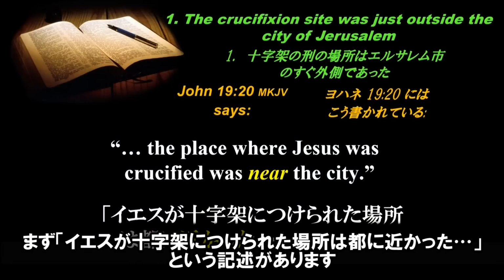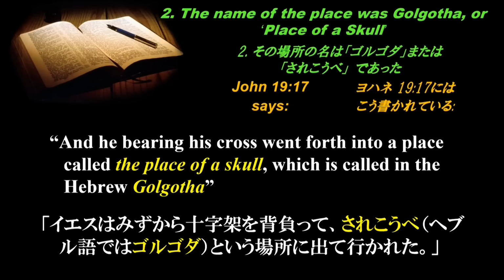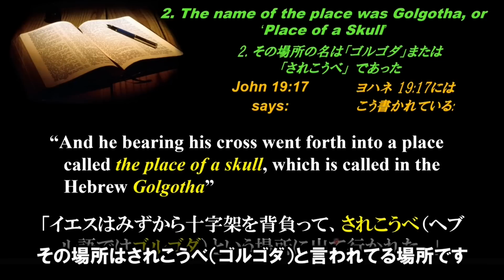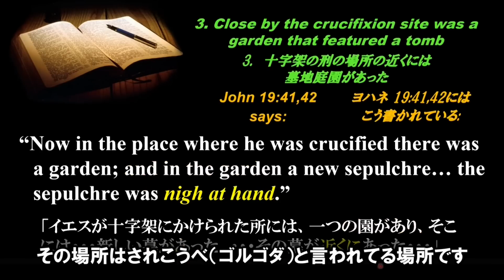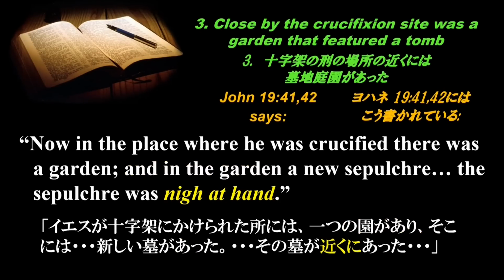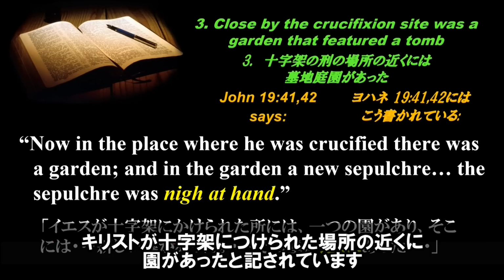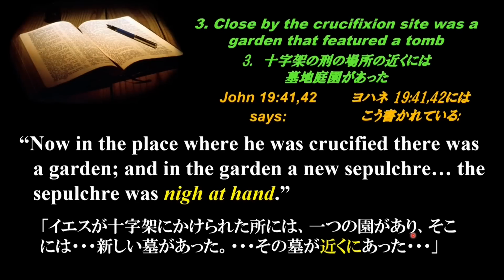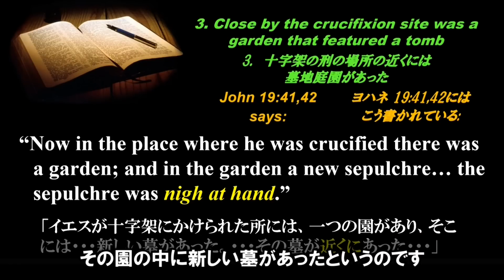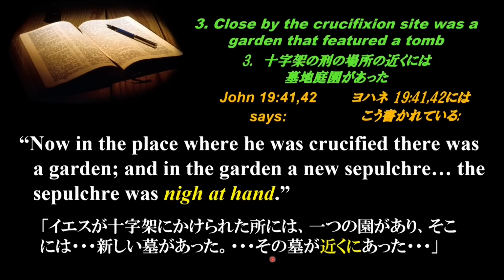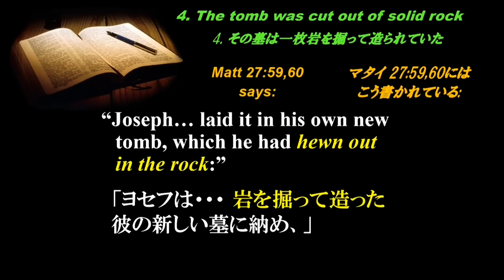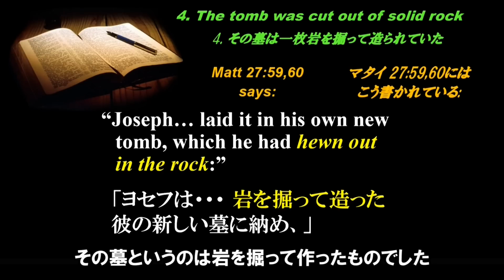It says the place where Jesus was crucified was near the city. まずイエスが十字架につけられた場所は都に近かったという記述があります。And this was called the place of a skull. そしてその場所はヘブル語でゴルゴタと呼ばれている場所でした。Now near where he was crucified was a garden. そしてキリストが十字架につけられた場所の近くに、庭園があったと記されています。And in the garden was a new sepulchre. その庭園の中に新しい墓があったというわけです。And it says it was close at hand or nigh at hand or very nearby. そしてその墓は近くにあったと記されています。This tomb was hewn out of the rock, as we read before. 先ほど見てまいりましたように、その墓というのは岩を掘って作ったものでした。